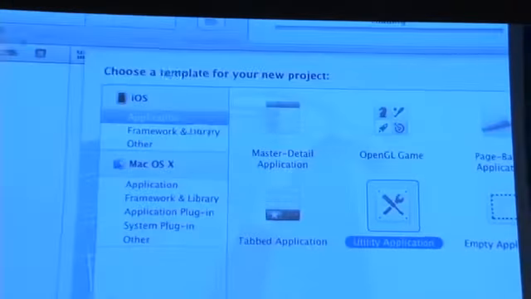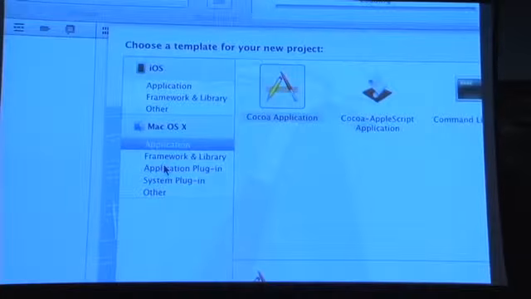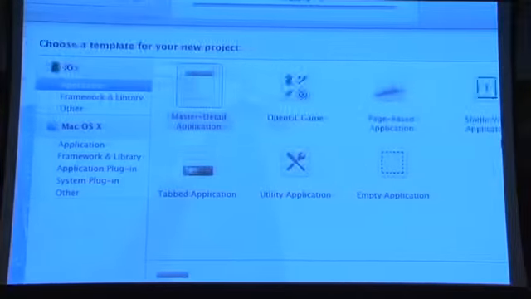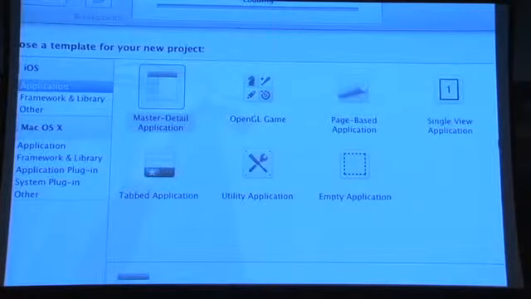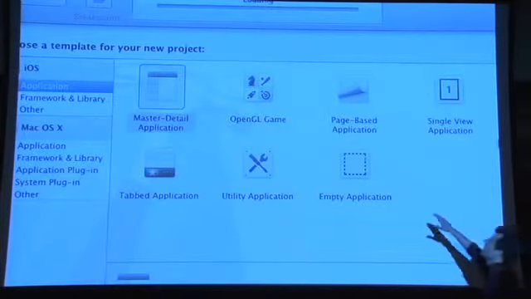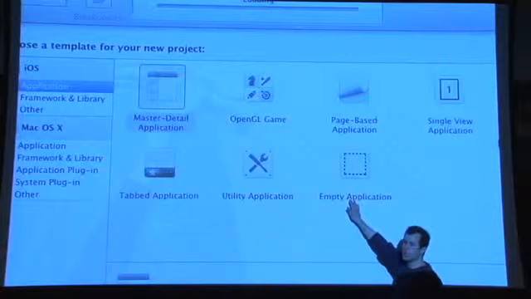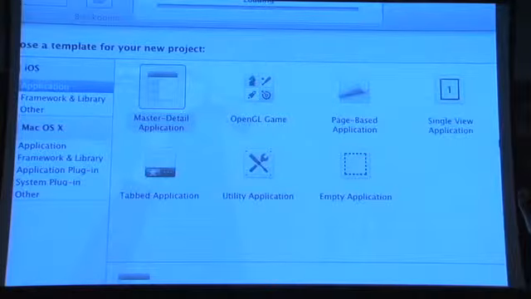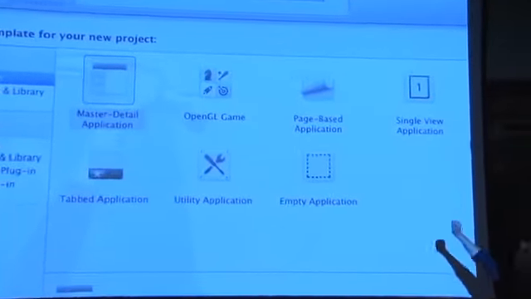So first, realize last week and a bit today, we poked around under macOS. Today, we start doing only the things under iOS. So we have a few templates here. Empty application is really a skeleton of a starting point. Generally, you'll find it more helpful to start, for now, at least with single view application. And for Evil Hangman,